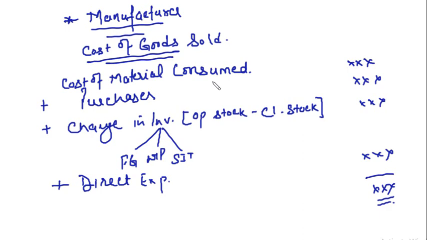If I talk about the higher levels, at the CA levels, sometimes you have to calculate the cost of material consumed. At your level, more or less it will be given. Plus the purchases, plus if there is any change in the inventory. Change in inventory means simply the opening stock minus the closing stock. What is the change during the year? My opening stock was 1000 rupees, my closing stock is 5000 rupees. That means during the year I have bought t-shirts 4000,